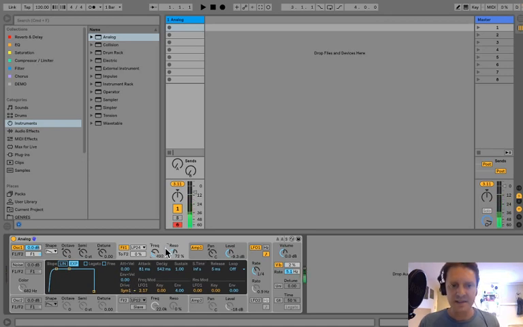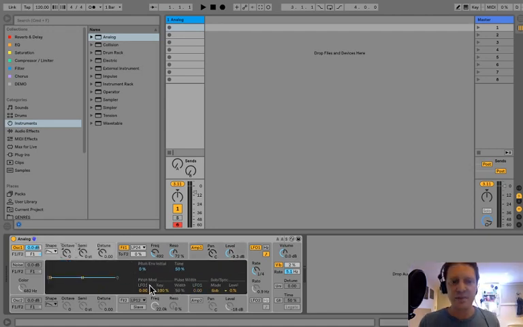So that's affecting that there. So if we go over to the amp as well, actually let's have a little look at the oscillator first. Here we can modulate the pitch using the LFO. At the moment it says LFO 1, that's set to the quarters there, so if you turn that up,